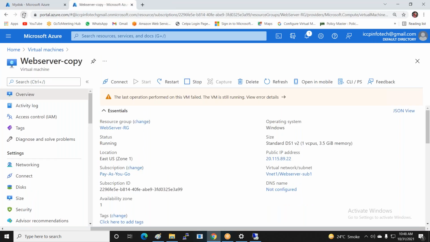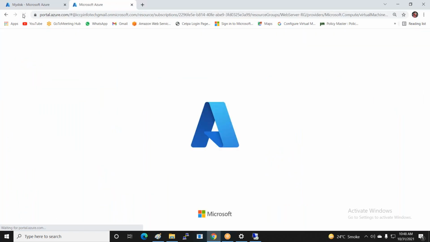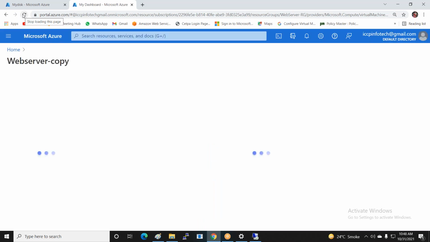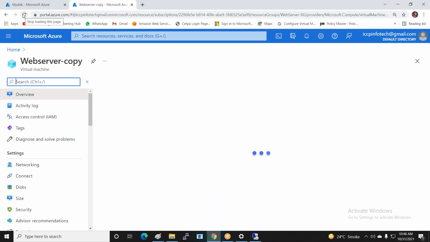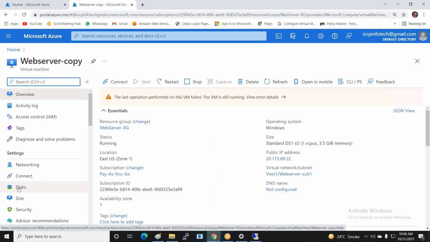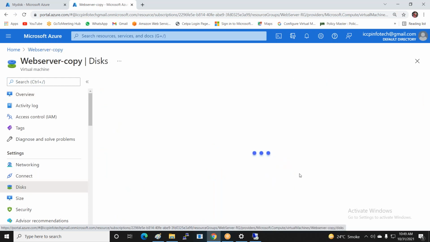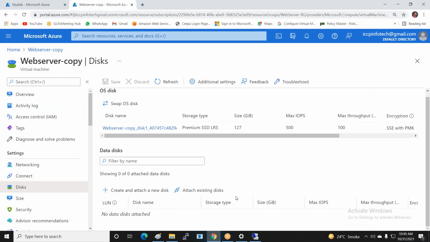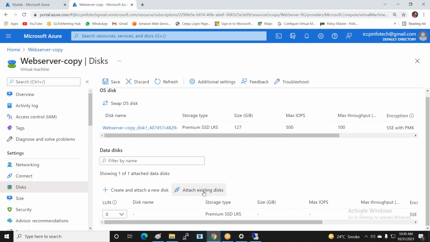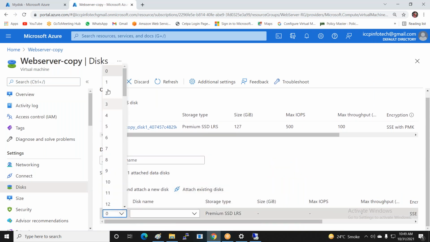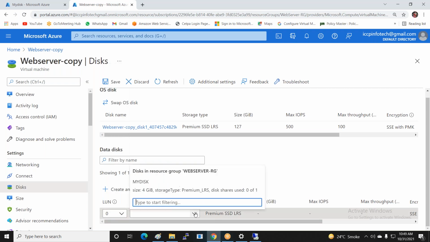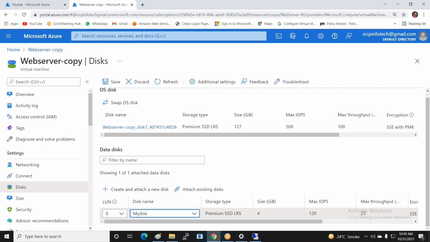So now I refresh. Now you can see that this time your disk is shown. Got it? And now save.